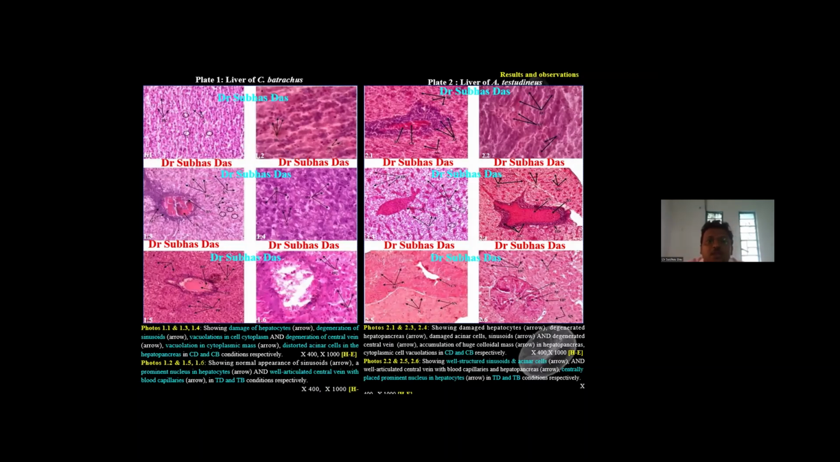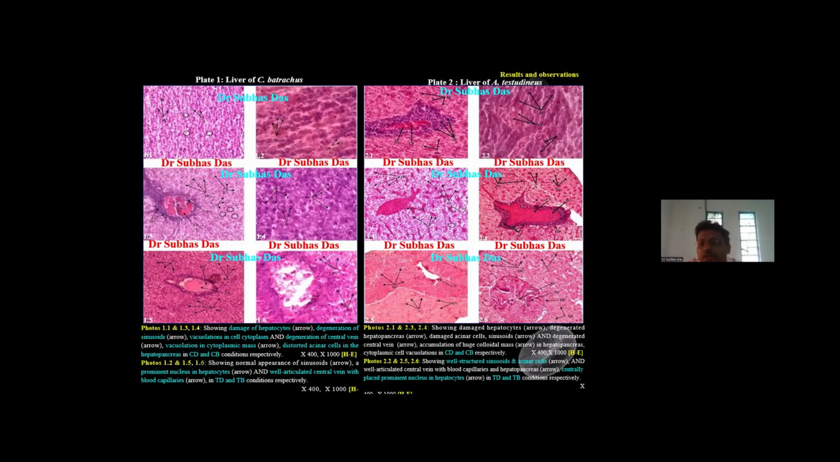Under the exposure of choline in another fish, that is in the case of Anabas testudinus and other fishes, you can also have a look. There is damage of hepatocytes, degeneration of hepatocytes, damage in the acinar cells and the sinusoids, degeneration in the central veins. Whereas under the control conditions, you can see the well-structured sinusoids and acinar cells and the centrally placed predominant nucleus